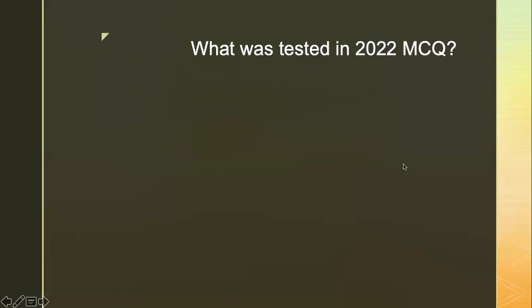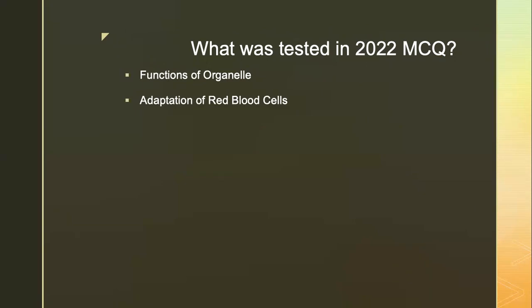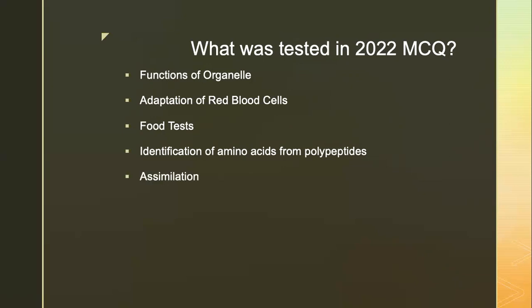Now, let us review what was tested in last year's MCQ section and the structured questions. These are the learning objectives covered in the 2022 N-level paper. We have functions of organelle, adaptation of red blood cells, food tests, identification of amino acids from polypeptides, assimilation concept, function of liver and pancreas, photosynthesis equation, what are the reactants, products,